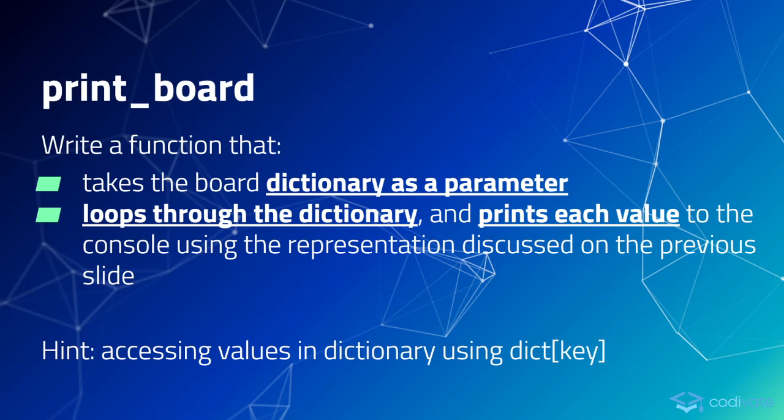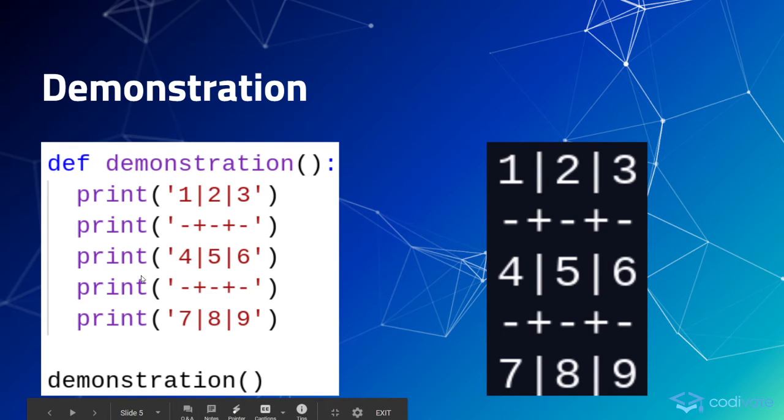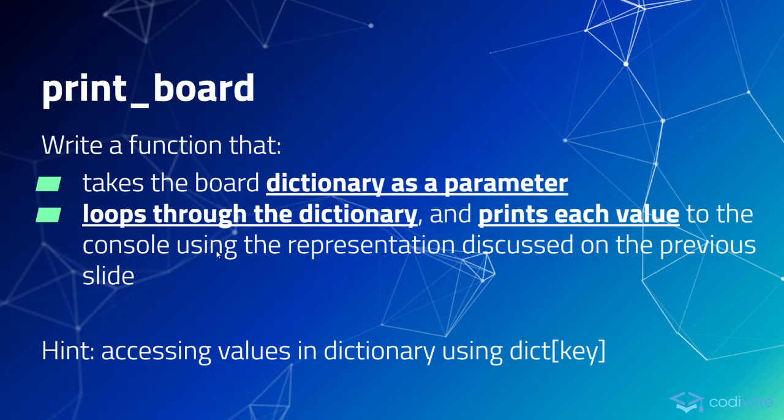Now that we know how we're going to print the board, using these series of dash plus dash, these vertical bars in between the numbers, and we know how we're going to represent what's on the board with the dictionary, let's write a function that combines these two concepts. The function we're going to write will be useful after each turn since we need to print the board after each turn. We are going to write a function called printBoard that takes one parameter, which is the board